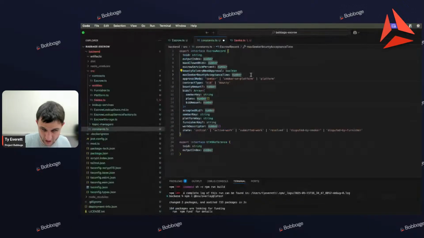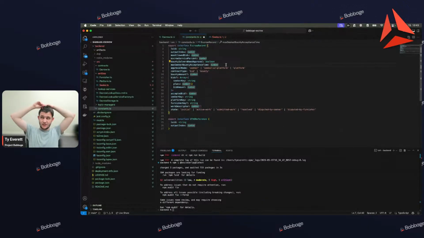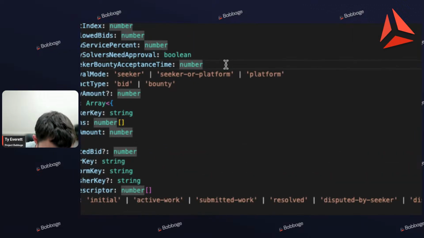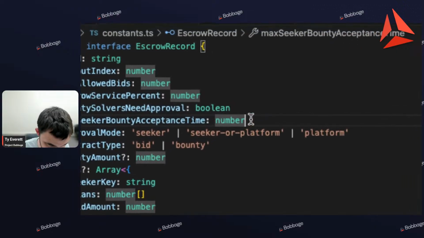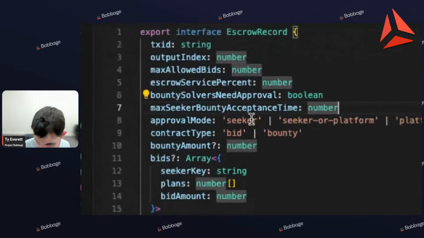The other question is whether somebody could dispute, so there should be a deadline on all of these, because we don't want we don't want a furnisher of products or services to